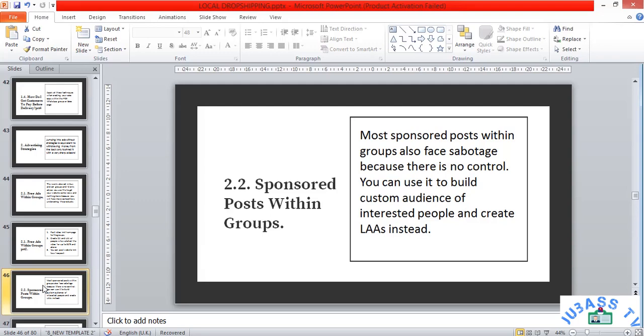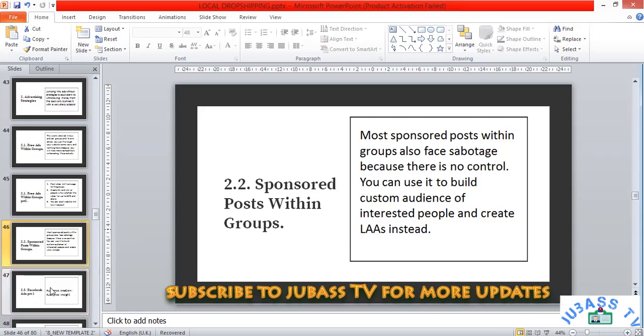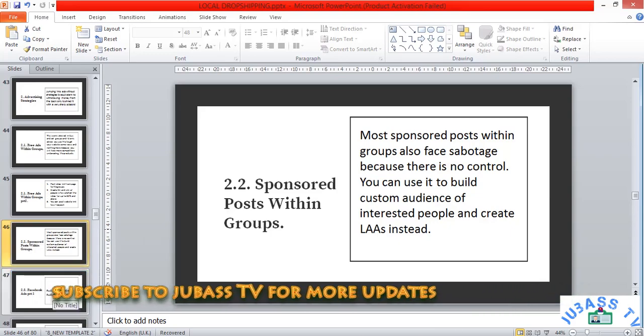Okay, so if you want to do sponsored posts with groups, if you can use the admins to post for you, fine. If you can structure your ads properly to get good results, fine as well. But before you run any advert, please go through the group and the posts in the group, and if you find out that people are not so serious with sponsored ads, use links instead, links to your page. And please make sure it's a video, that way you can properly create a good custom audience and a lookalike audience. Okay, so that is it for sponsored ads within groups.